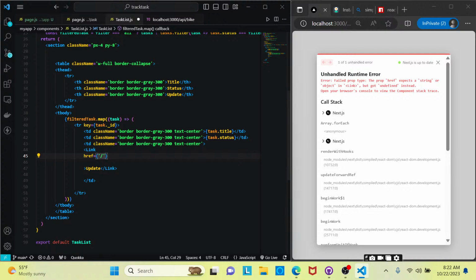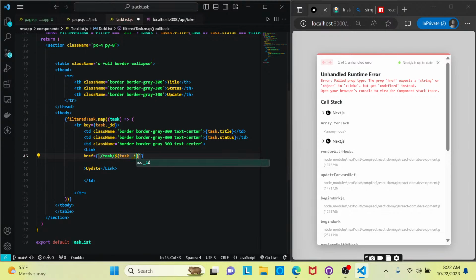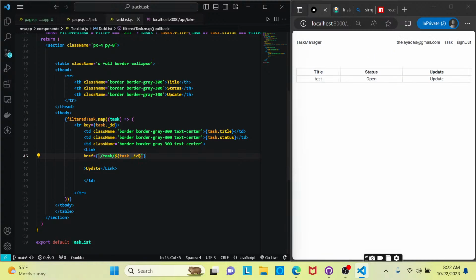So that endpoint for this, it actually won't be those. It'll be the backticks /task/task. And the $, and we'll go task dot underscore ID. And if we save that,